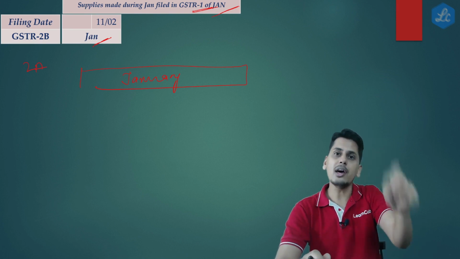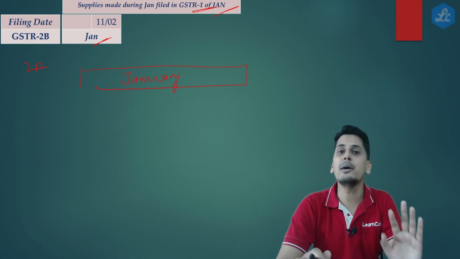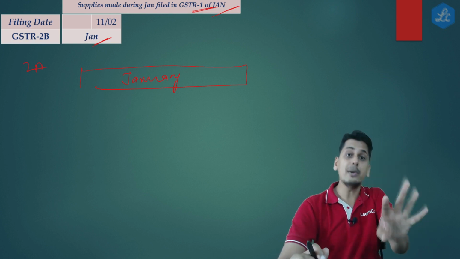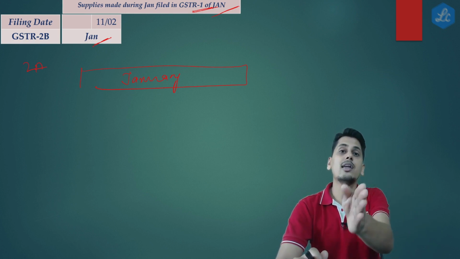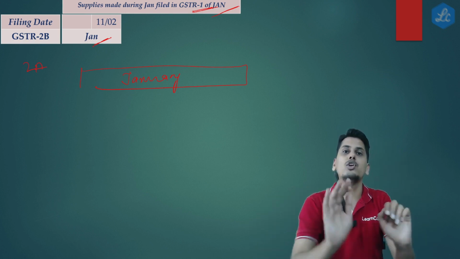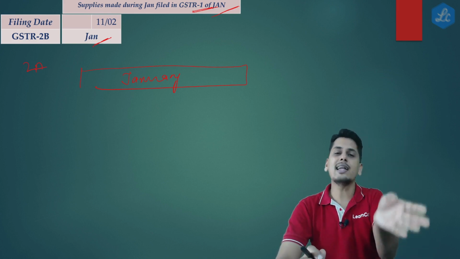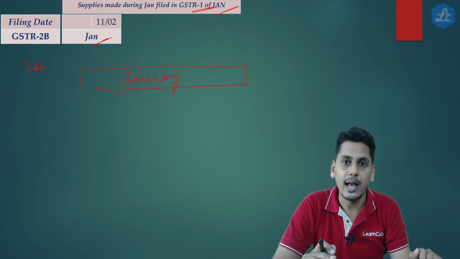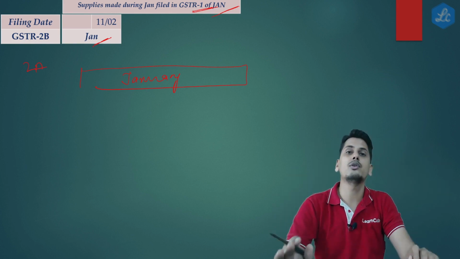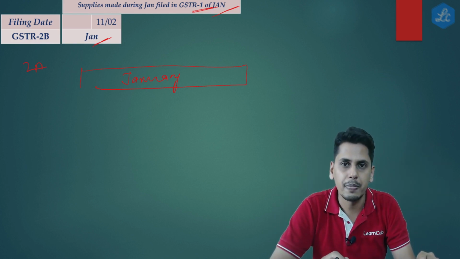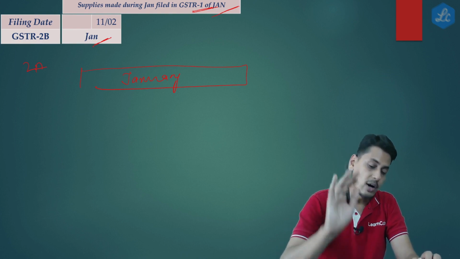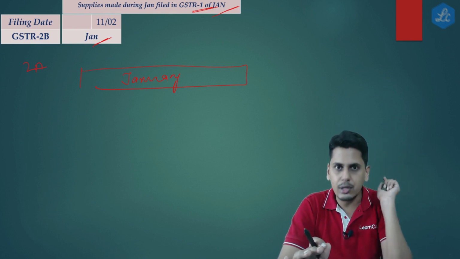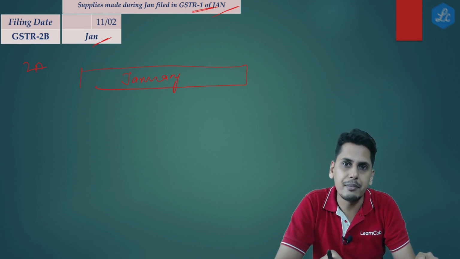If it is filed on or after 12th of February, agreed, it will not come in January. It should come in February, but should there also be an end date for it to come in 2B of February? After that end date, if you are going to file, it should go into GSTR2B of March. Another cutoff date you further file, it should go into GSTR2B of April. Yes. So now, if it is filed on or after 12th of February, till which time?